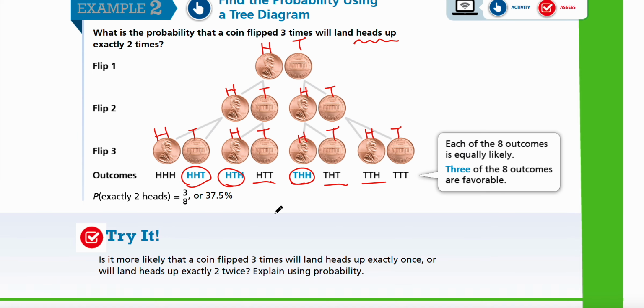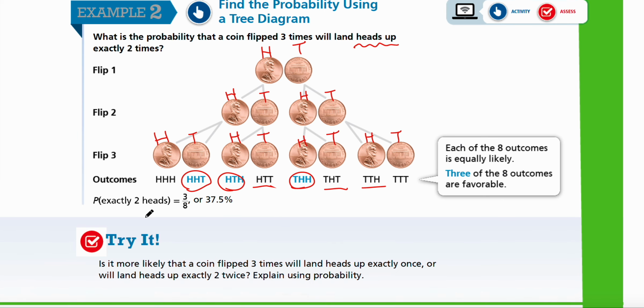Okay, are you ready? I already told you the answer, that it is neither, but can you explain it? So it's neither. Why? The probability is the same, which is 3 over 8 or 37.5%, because